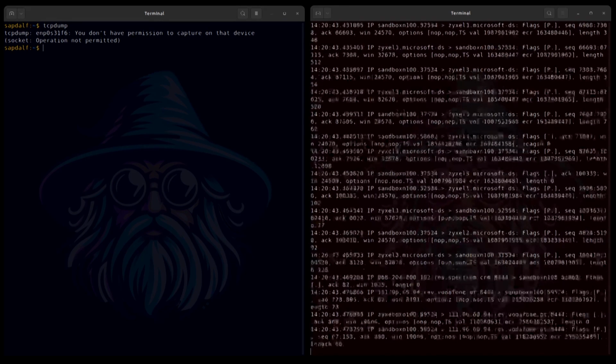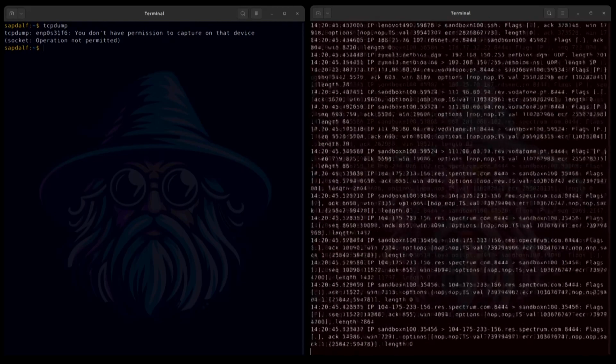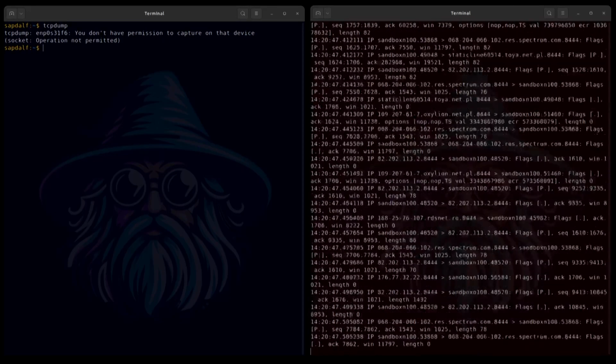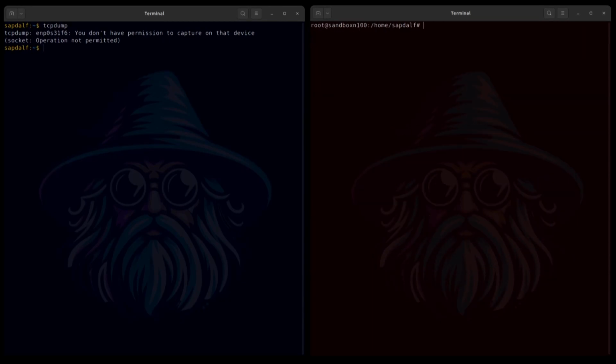I'm starting tcpdump without any options on my second machine. A lot of data appears, so usually it doesn't make sense to start the command without any filtering. Fortunately, filtering is very advanced in these tools and allows us to be quite precise about what we are looking for. I'm confirming that no service is listening on port 1111. Even in such a case, I can monitor if any packets are coming to this port. I'm filtering with the destination port option.